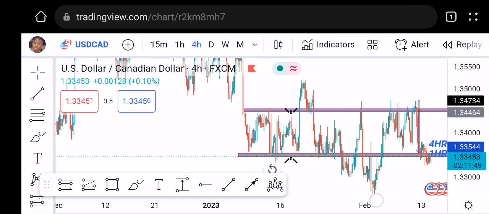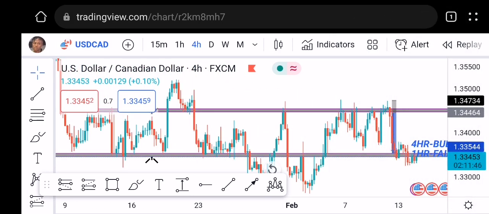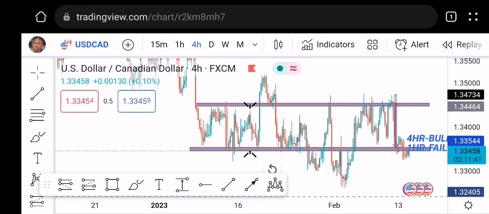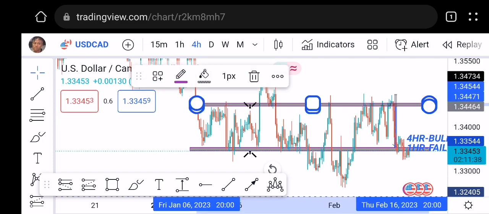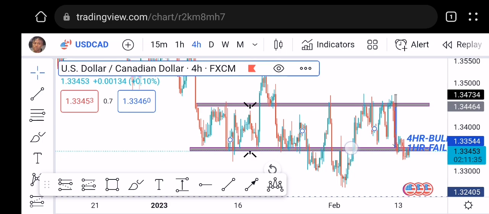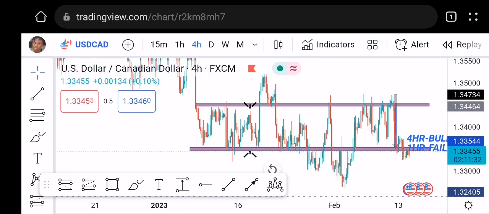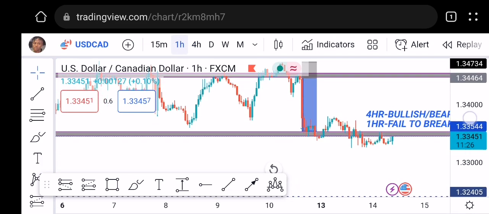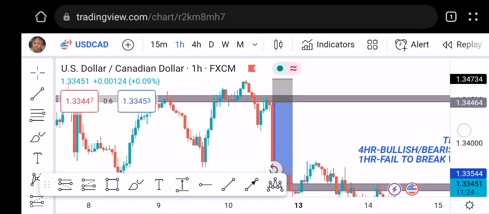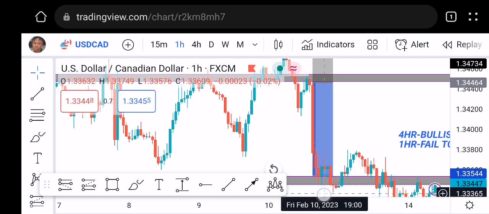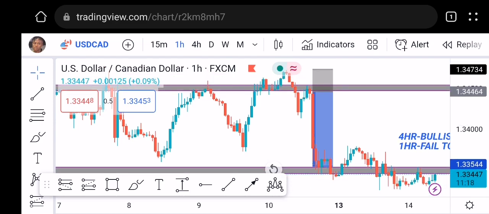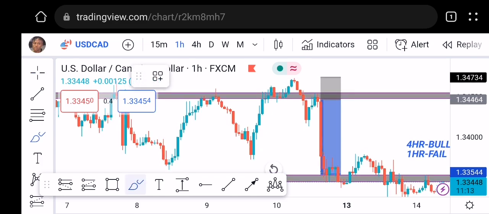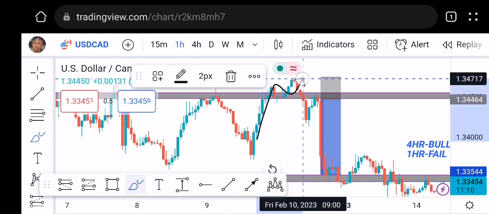You follow me, people? Looking at the overall picture, you can tell that USD has been bouncing off support and bouncing off resistance, people. You follow me? Now, looking at the hourly time frame, because we now know from our higher time frame what we have. On Friday, when me and my homie were looking at USD, we saw that we kind of had a breakout, right? Price kind of broke out.